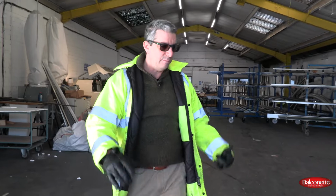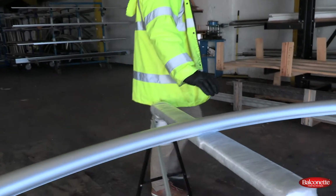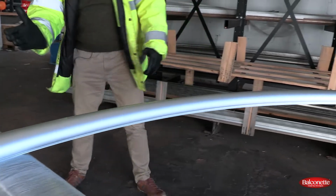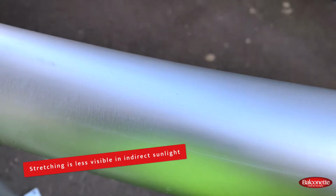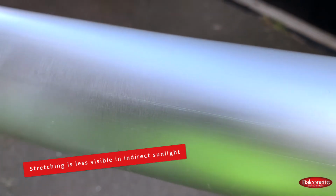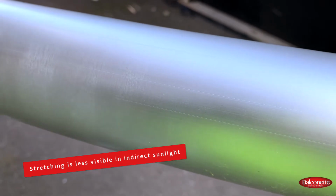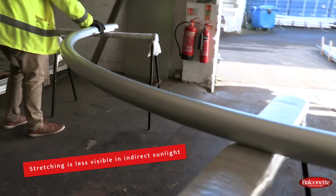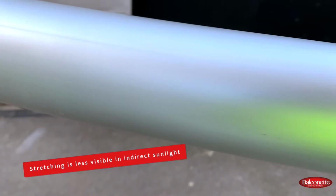We've taken the same rail that we looked at in the sunlight, and we put it now inside, out of the sunlight, and you can maybe try to get some shots from the side, and you'll see that it's less visible, obviously, in indirect sunlight. But overall, it's good to understand that this is a natural part of the process of the curved rails that we supply. Now, if we look on the inside of the profile,